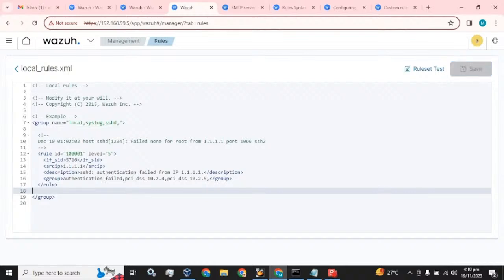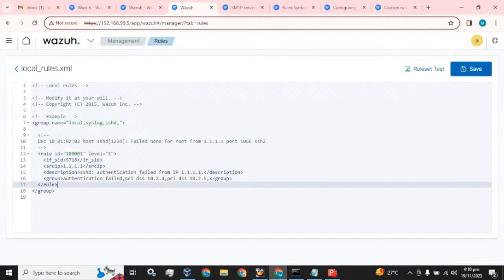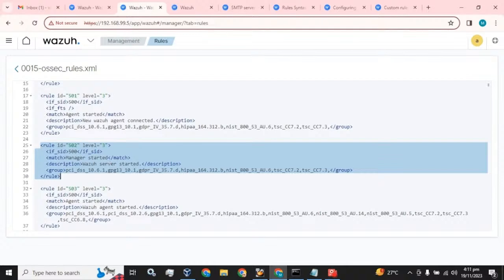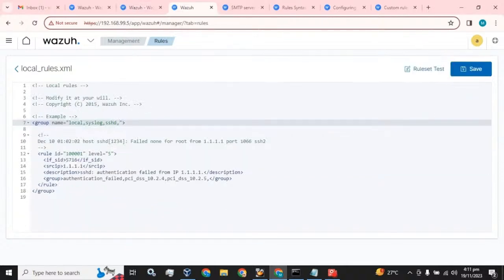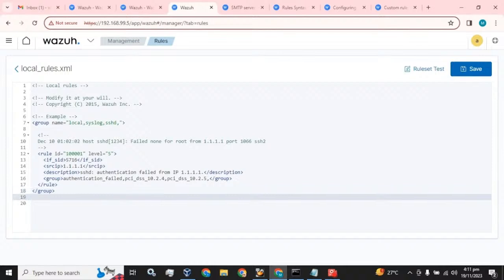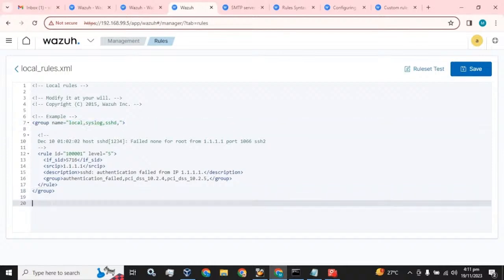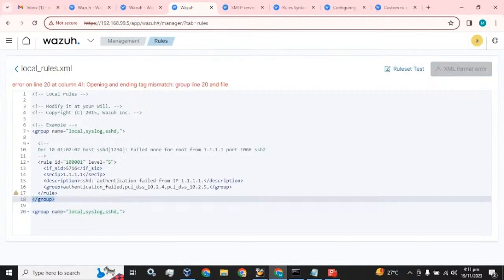If you are going to write this rule in the same part, you will add the OZEC group name over here and this rule syntax down here. If you want to write it separately, you just have to copy this, paste it over here, and